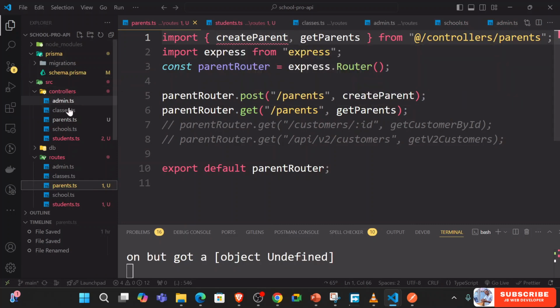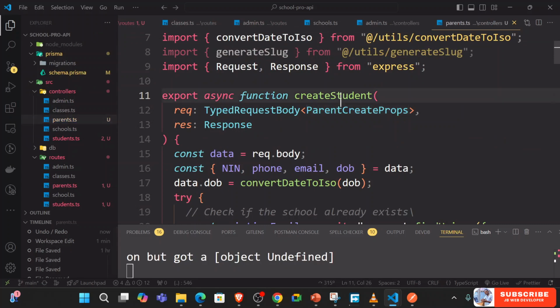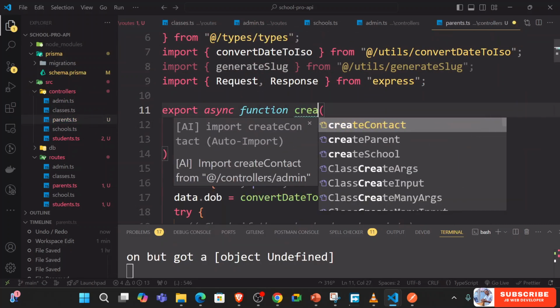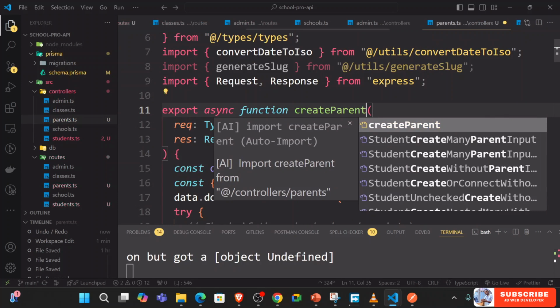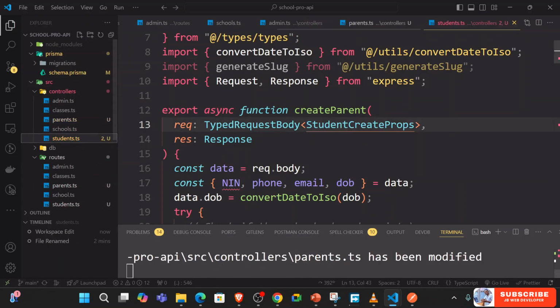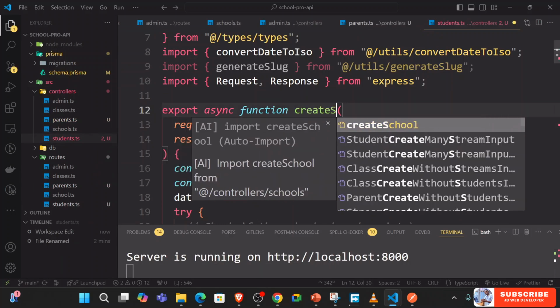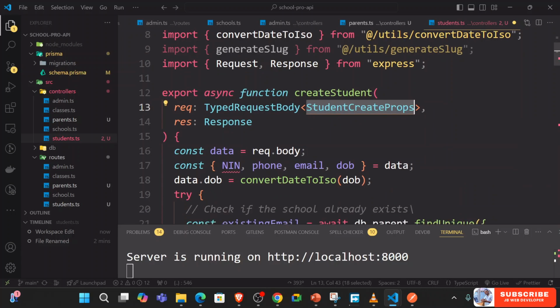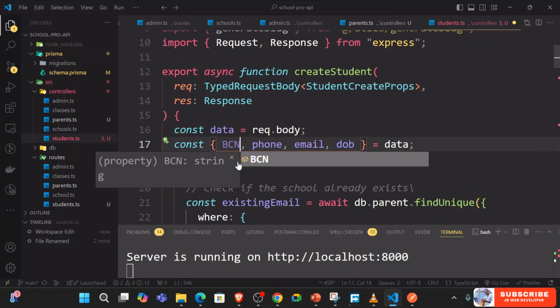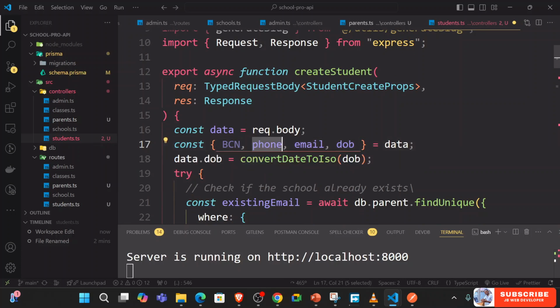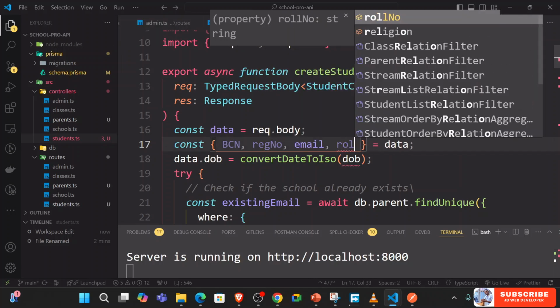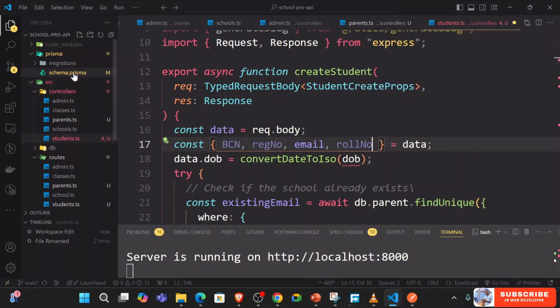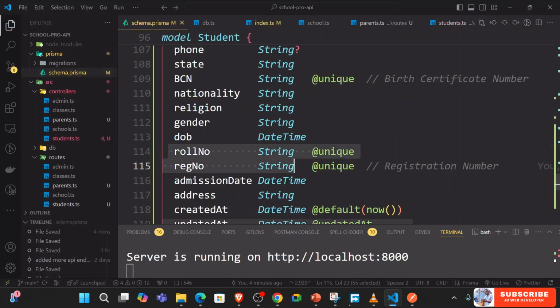Okay, I also changed this. So you create parent, okay, to avoid issues. So here is going to be create student, and then this student create, and now here we have BCN, and we have email, reg, and I think roll number. These, I think, are the unique ones, I believe. Reg and roll, you can see them, they're unique. Okay, so